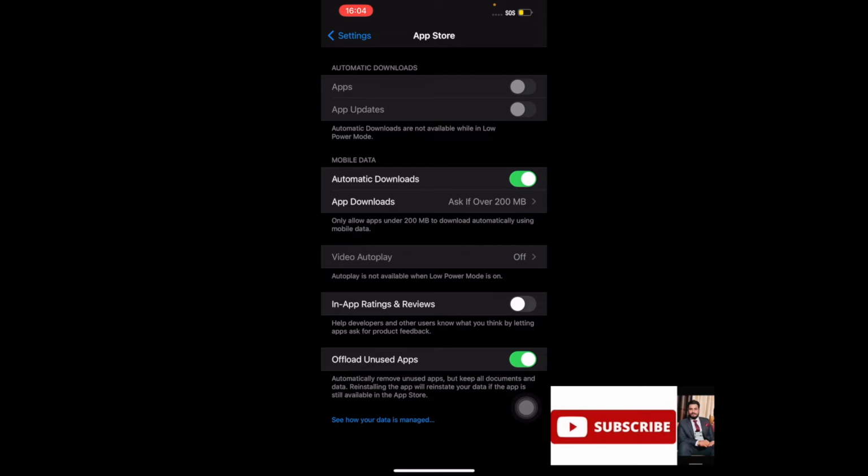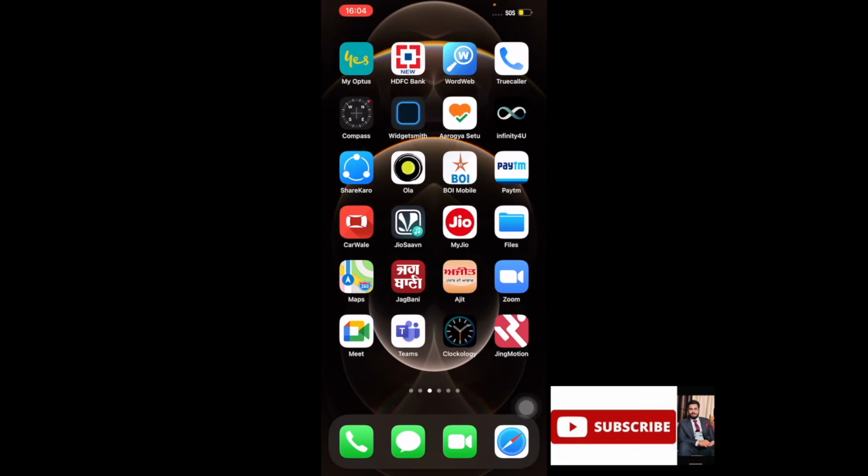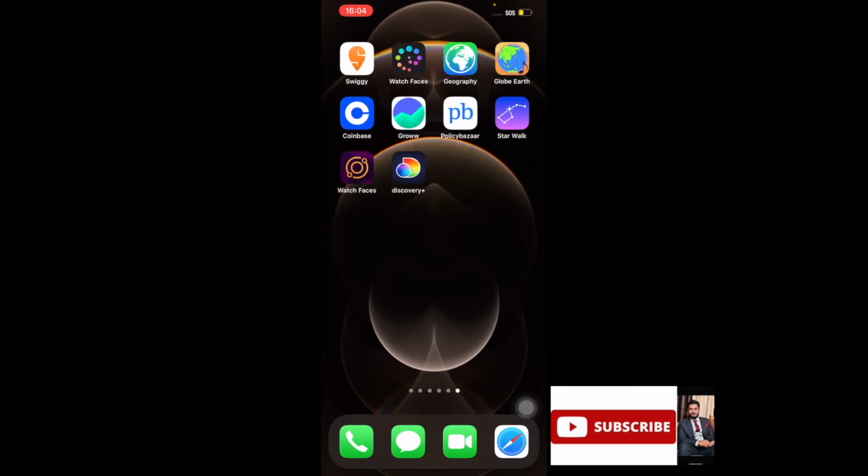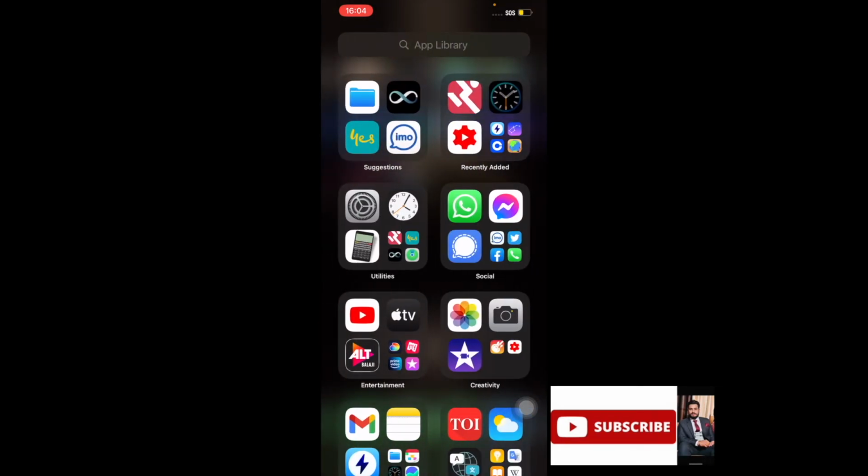The good feature in this is that even if the app is deleted, the data you have in that app will always be there and will not be lost.